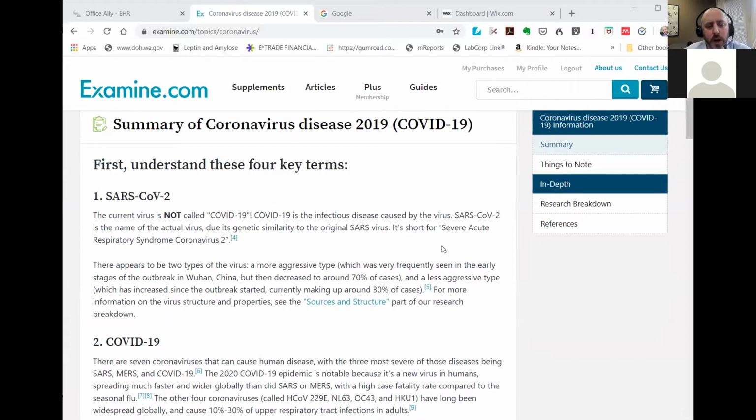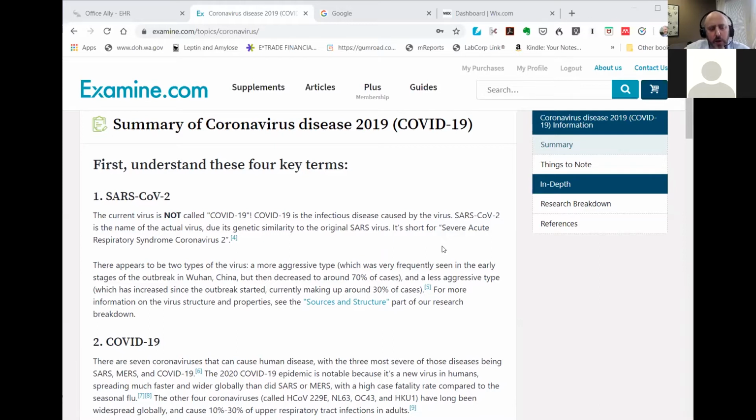One's called SARS-CoV-2, and then everybody's hearing COVID-19, and these are the two different terms that are going around. I thought it would be really important to point out what these terms actually mean, because if we're just running around saying this person has COVID-19, that doesn't mean anything. So let's first go through these terms, and then we'll go into important ways to prevent it.